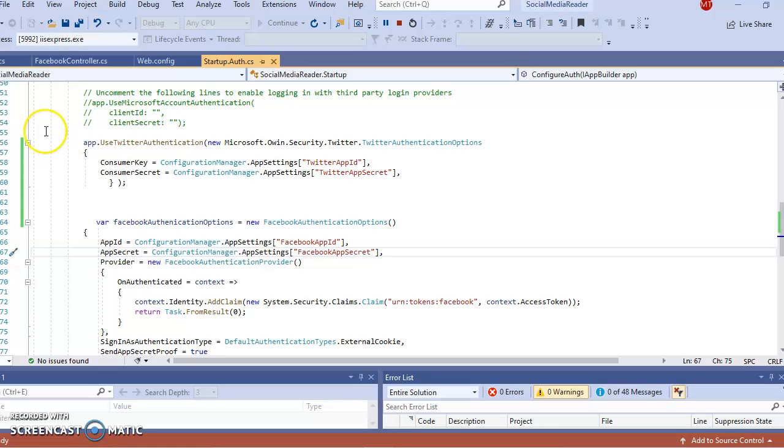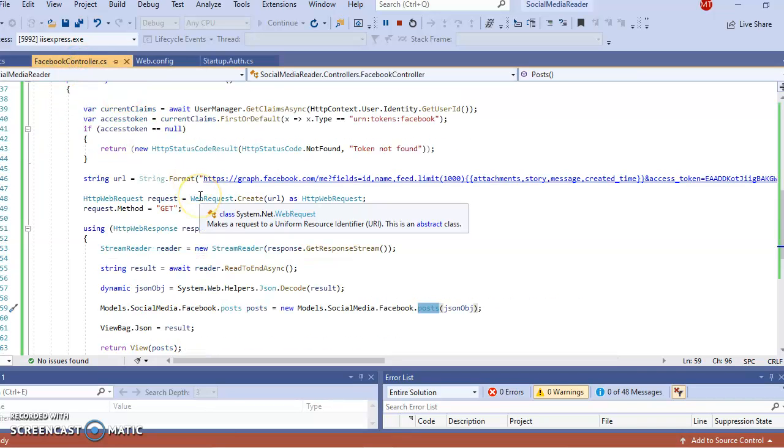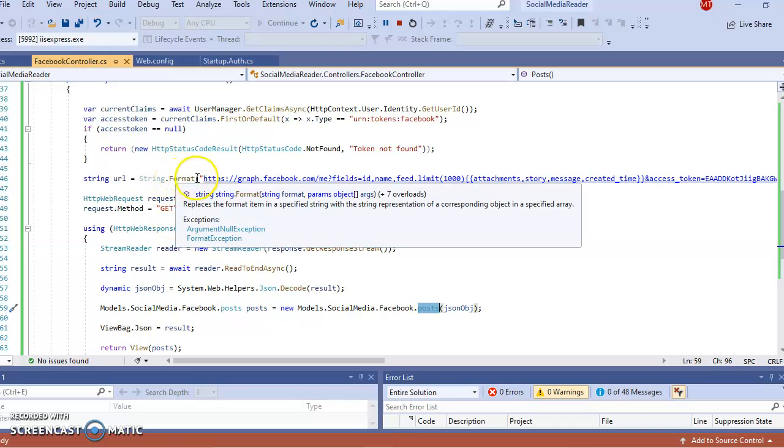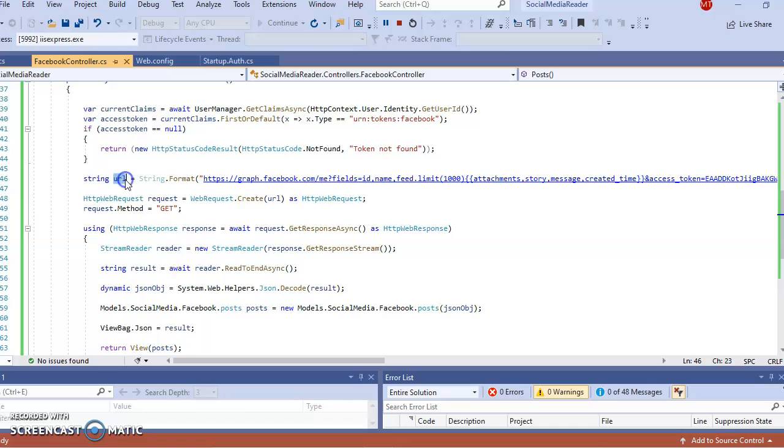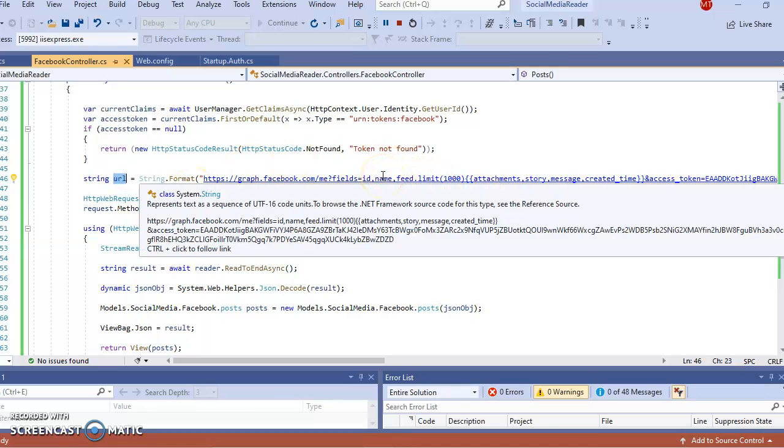And next we have the Facebook controller.cs, and the main aim of this class is to accept the HTTP request, process it, and finally send its response. For that, it makes use of the URL. As we see here, the string URL equals, we have given the URL of Facebook over here.